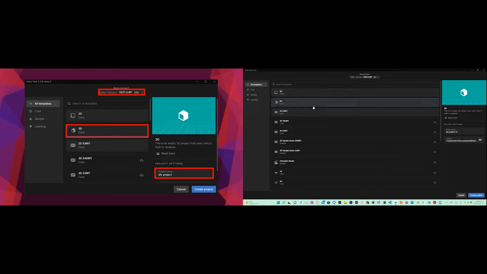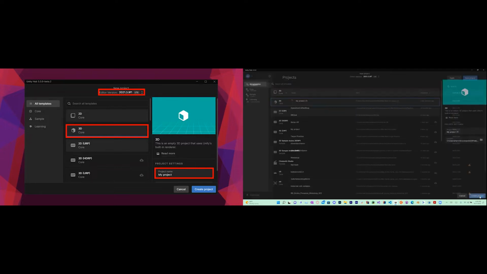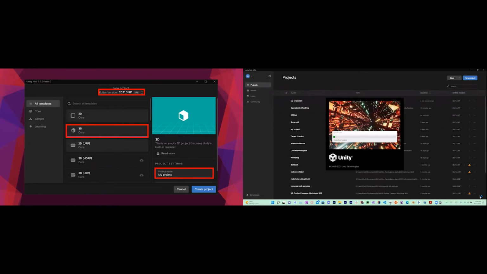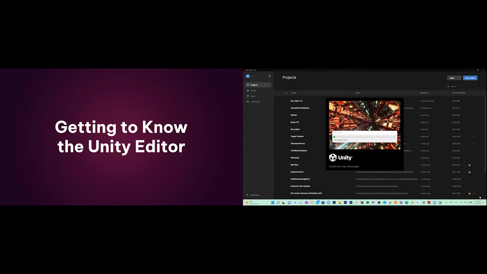From here, we're going to open up 3D Core as our project, so make sure that's selected. If you would like, you can rename your project on the right side here and change its file location. Right now, I just have mine set up to my GitHub so that all my projects can be exported to other computers. You can rename that if you'd like. Then go ahead and hit Create Project. This may take some time as you're creating a project for the first time and depends on computer speed. So in the meantime,